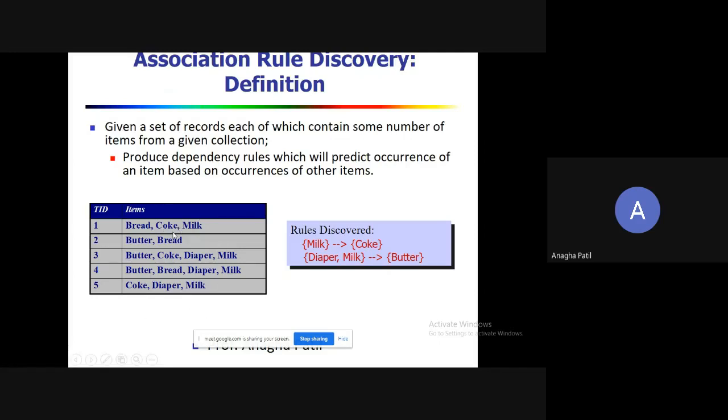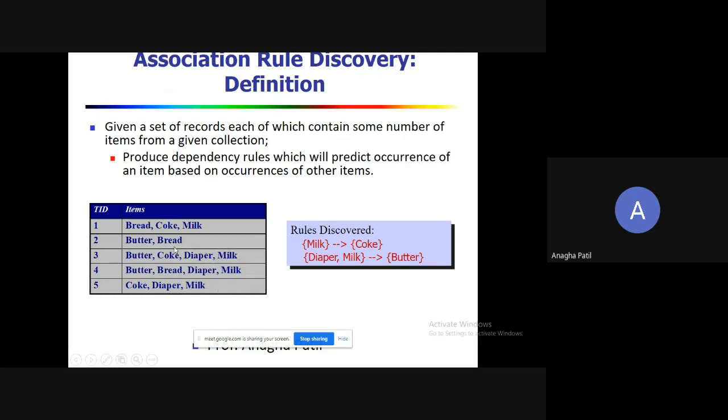Let's calculate the frequency of each item. Let's say bread. Bread occurs in transaction 1, 2, and then 3, so bread is appearing thrice. Then coke: 1, 2 and 3, so coke also appears thrice. Then milk: 1, 2, 3 and 4, so milk occurs 4 times.